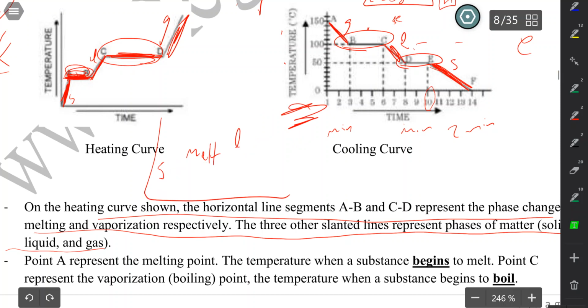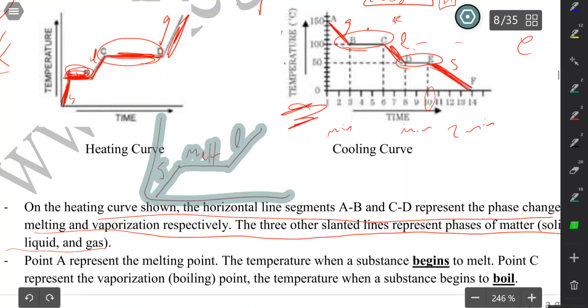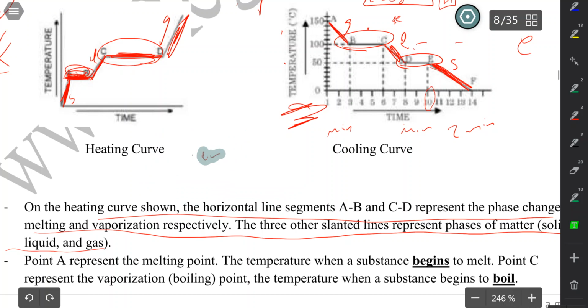Okay, you only need to draw the solid line, the melting line, and the liquid line. That's it. That's melting. If I was to draw sublimation, for example, sublimation is changing from a solid to a gas directly. You also don't need to draw the entire curve. You can just simply draw the solid line,